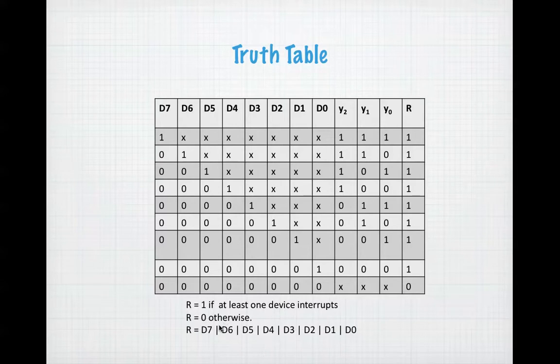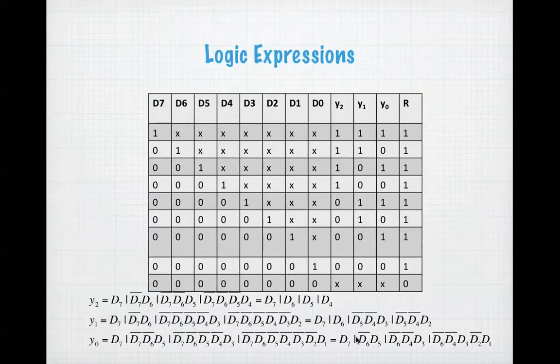And you can simply see from the logical combinations that these devices assume. All we have to do is to require that one of these devices make such a request, and that would simply be D7 or D6 or D5 all the way to D0. And with this sort of a truth table, we could easily write out formulas for the three binary variables, y2, y1, and y0, simply by resolving the output values of 1 for each of the three variables to the associated